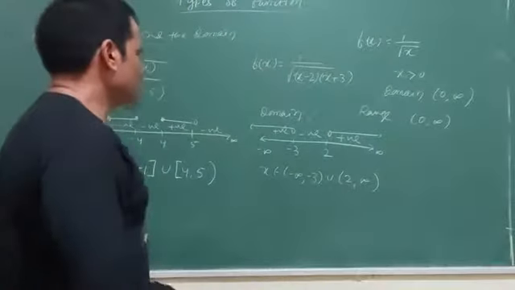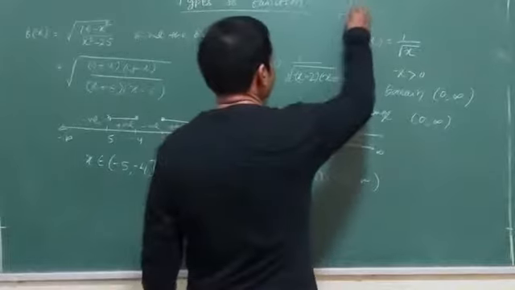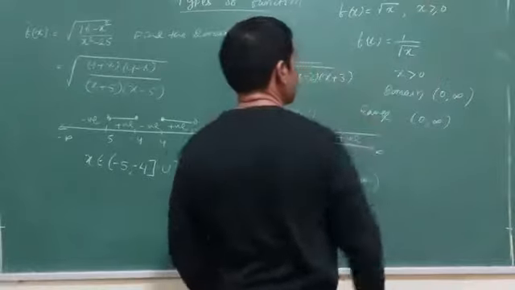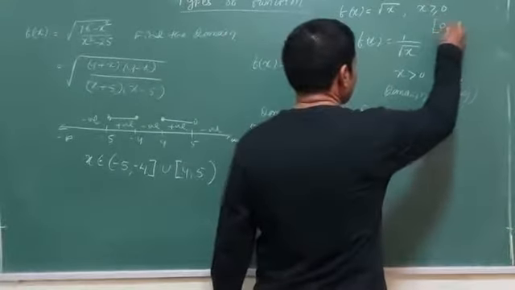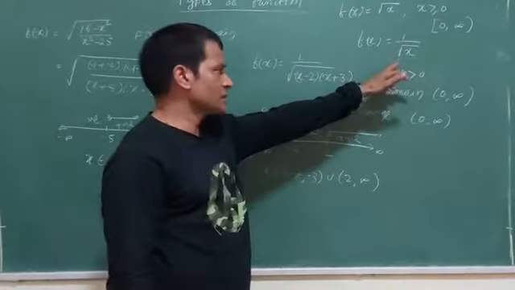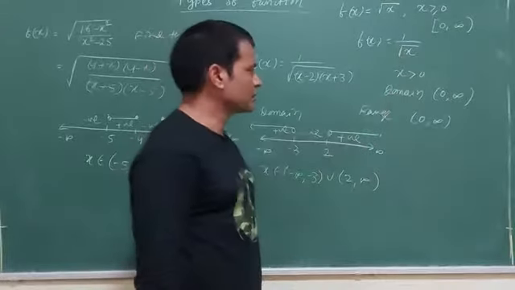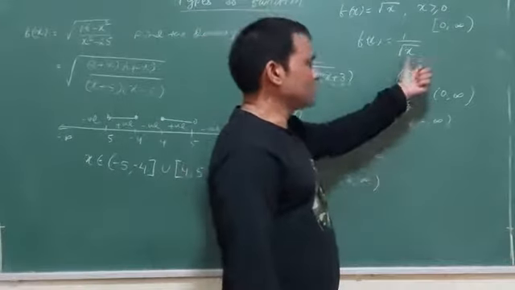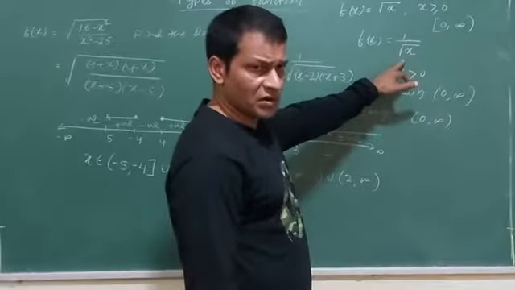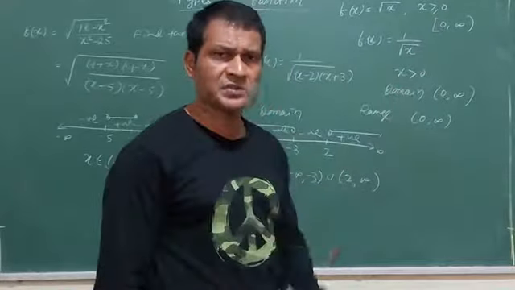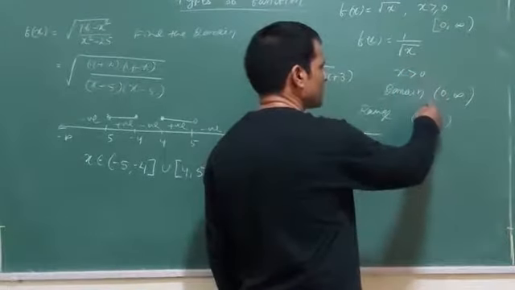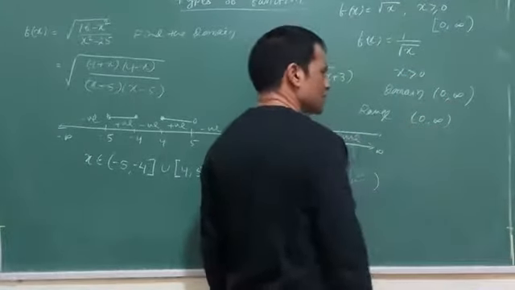So if I am talking about f(x) = square root of x, the domain is x greater than or equal to 0, as I told you yesterday. That means I can consider values from 0 onwards to infinity. Suppose it is the reciprocal of the square root function, f(x) = 1 by root x. Then I cannot take x equal to 0 here, because if the denominator becomes 0, the function becomes undefined. So I am only taking x greater than 0. The domain is 0 to infinity, and the range is 0 to infinity.